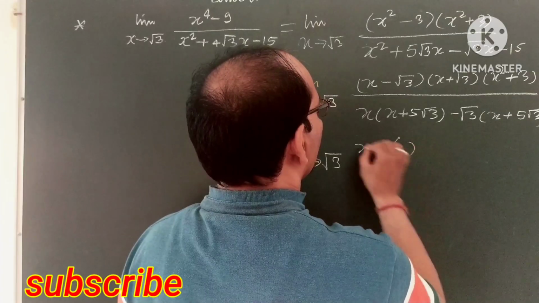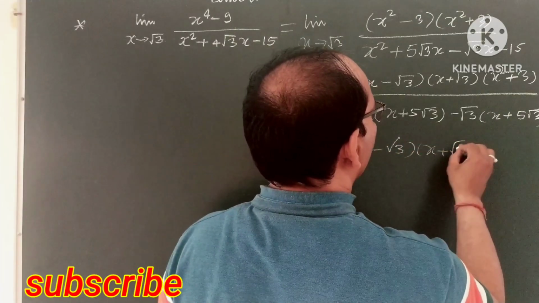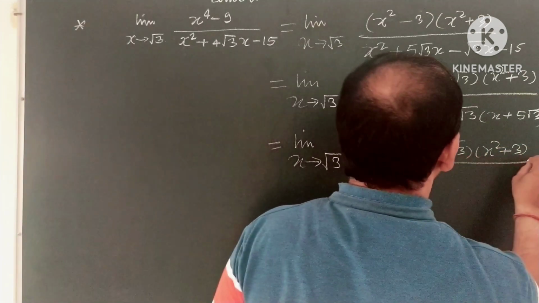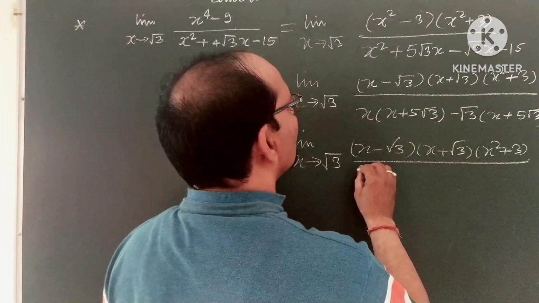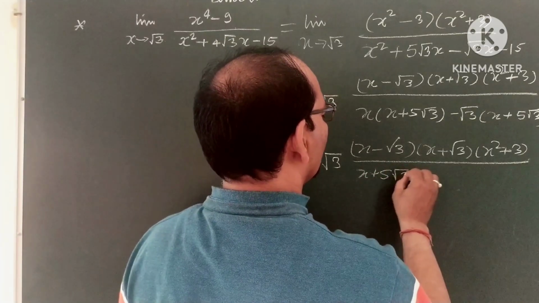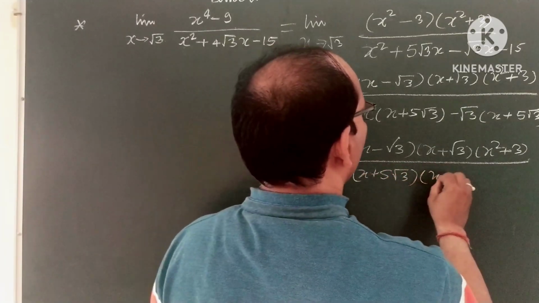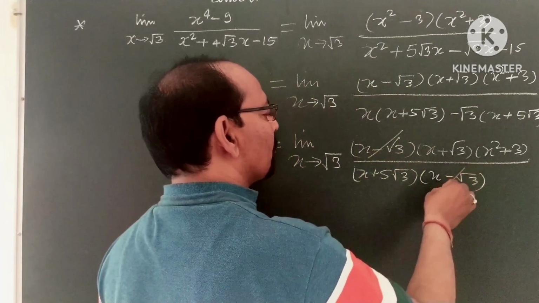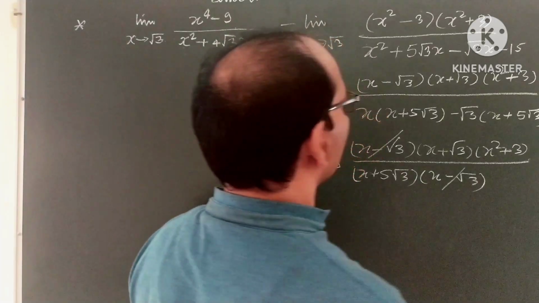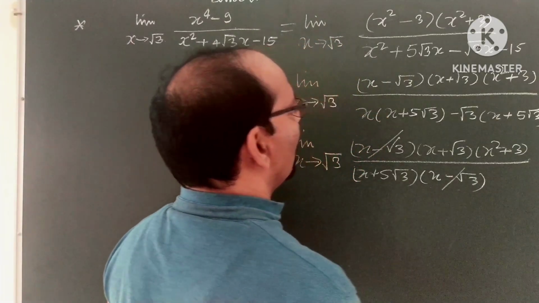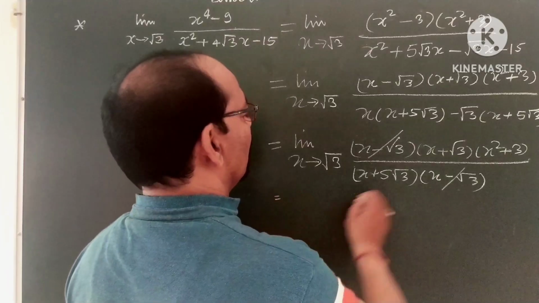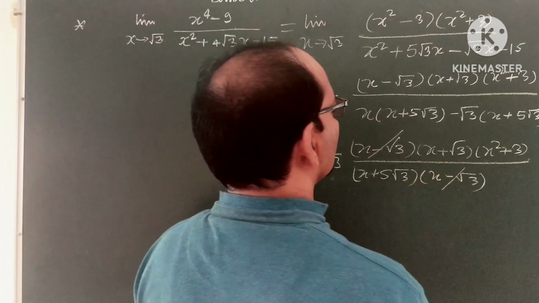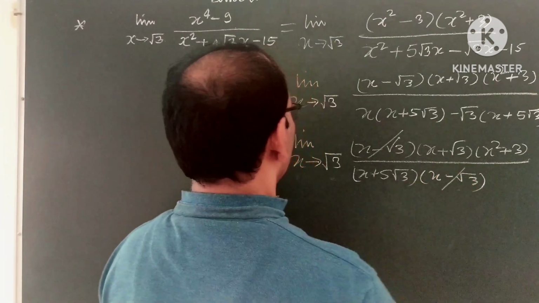After dividing by root 3, there will be this form, and after that limit x tends to root 3, x minus root 3, x plus root 3 and x square plus 3. Take common x plus 5 root 3 and it will be x minus root 3. The x minus root 3 and x minus root 3 both are cancelled. Therefore, x tends to root 3, keep here and keep here, we get